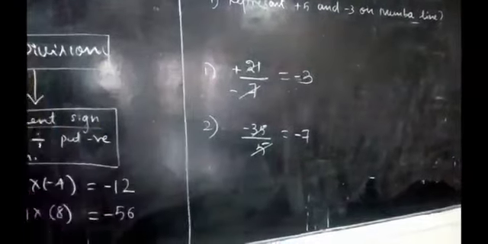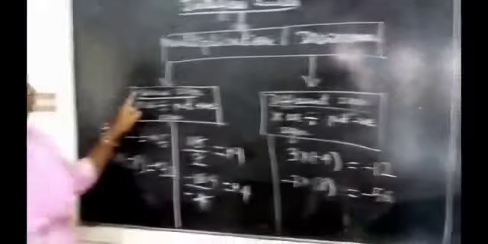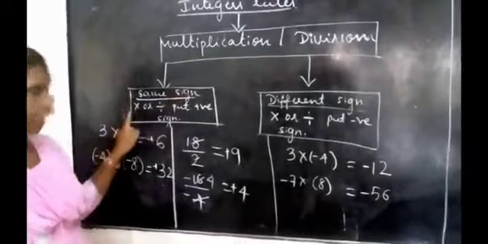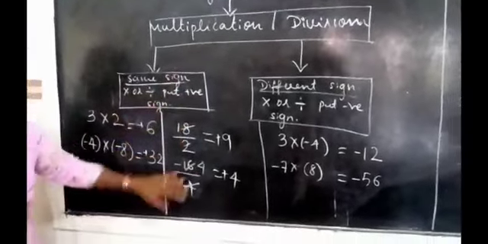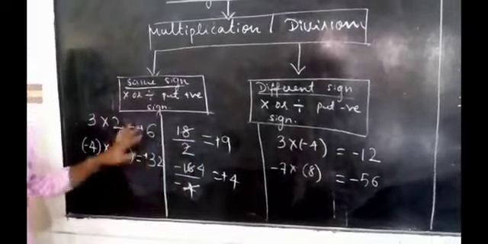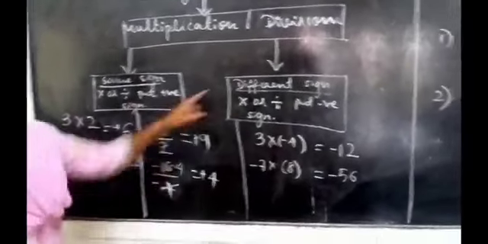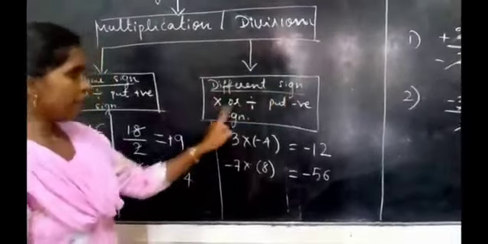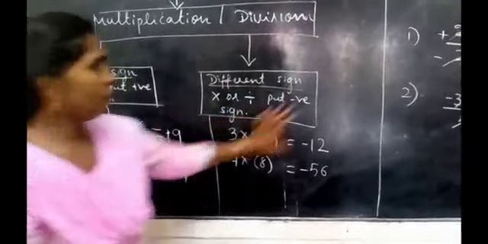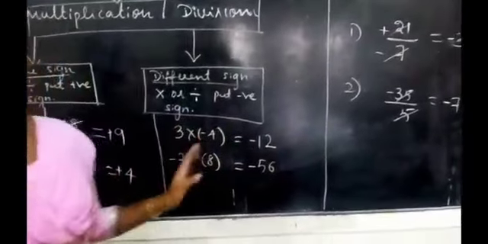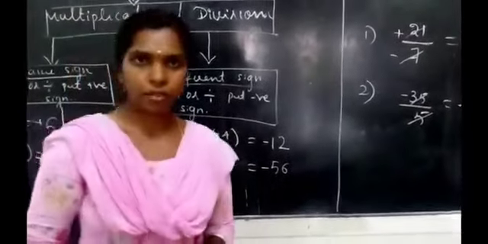The thing is, you have to remember, if it is the same sign, multiply or divide and put the positive sign. I have written 4 examples here. You can work out more examples like this. And if it is a different sign, multiply or divide the numbers and put the negative sign. I have written 4 examples for this, just to work out by taking different values.